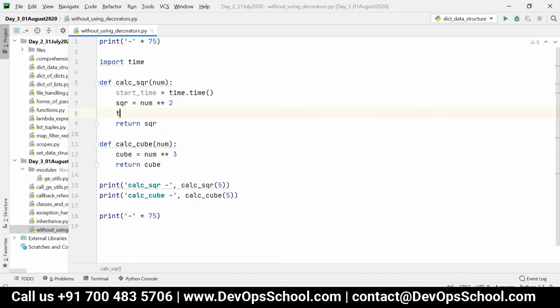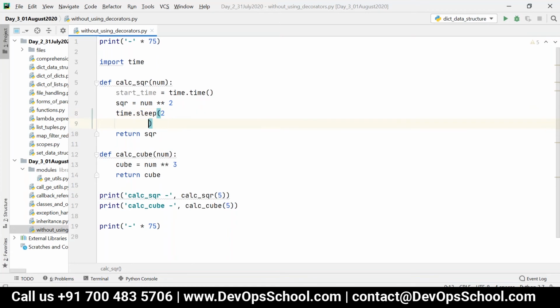Let me give some sleep, time.sleep(2). That is, for 2 seconds the program will be in pause mode. And then let me give end time is equal to time.time().